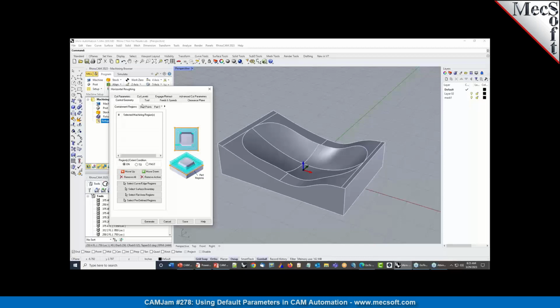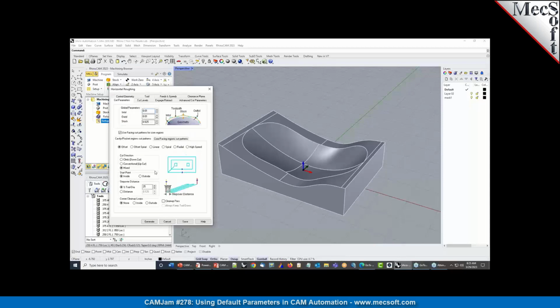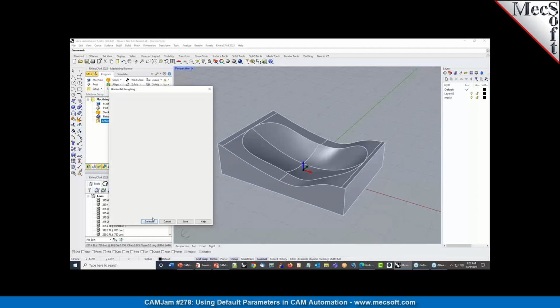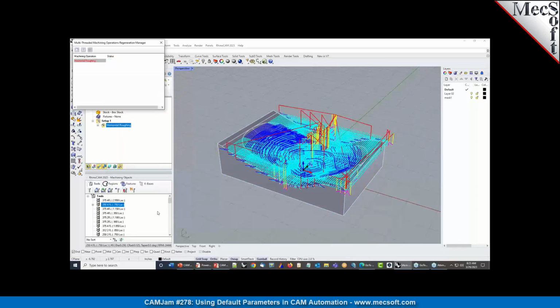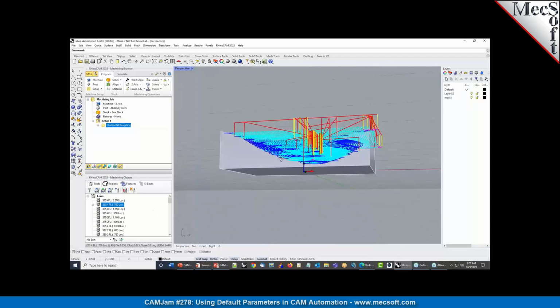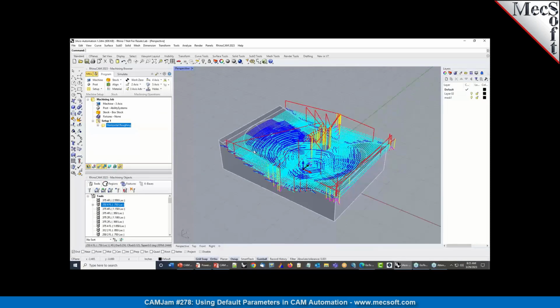I mentioned that when you run the product or install the product for the first time, all of these parameters are set by default. Okay, so there's a value for everything. There's a value already defined for each of these tabs and each of the toolpath operations. So you can just go in and create an operation, pick generate without changing anything, and it'll calculate a toolpath and display it on the screen based on the default parameters that you have incorporated when you first install the